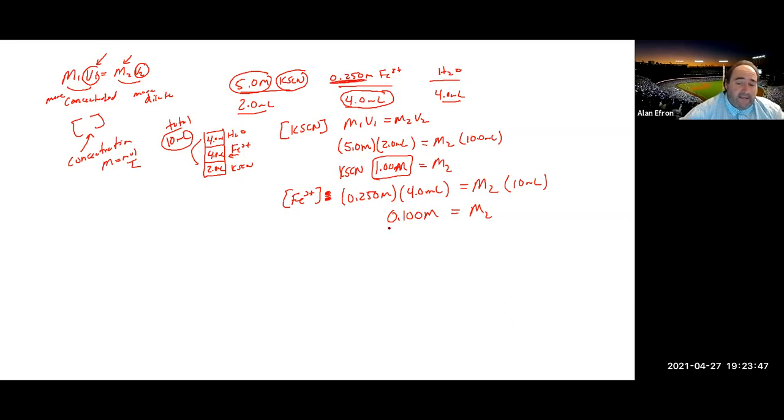It has now gone down, as we can see here, to 0.1 molar, because again, we did a dilution on it, even though we didn't go to the sink and add water in a traditional dilution type situation. But this is really a practical application of dilution. This is actually what you are doing when you make a solution from several other reagents and put them all together into one